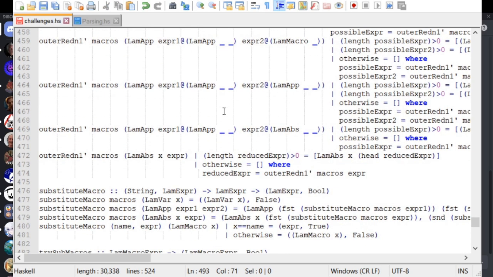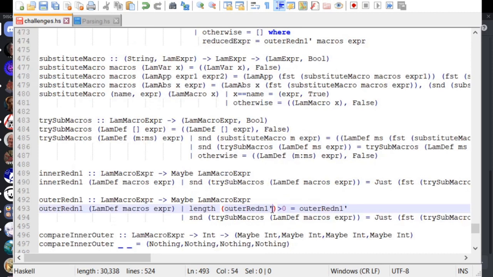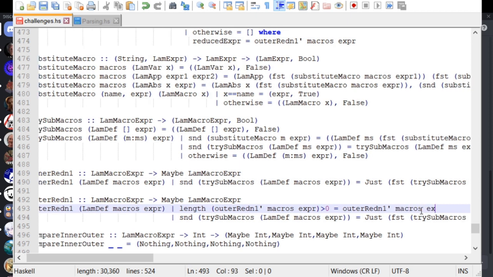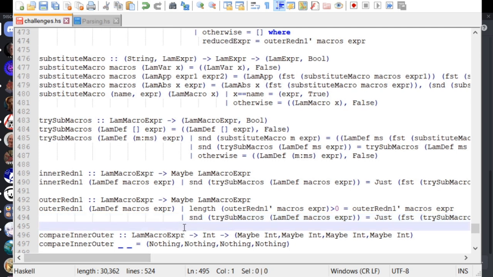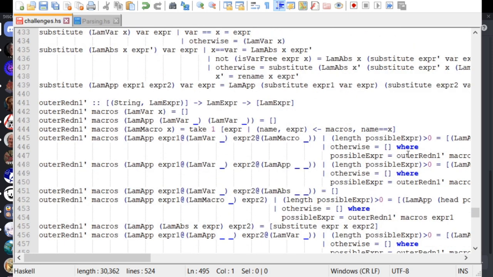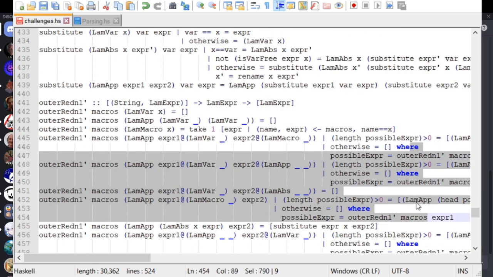And then what does this need? It needs the macros and then the expression. Okay. Macros, expression. And then else we try this. Right? And then so if you can't substitute one of these in, if you can't do something fancy like with a LAM app, then